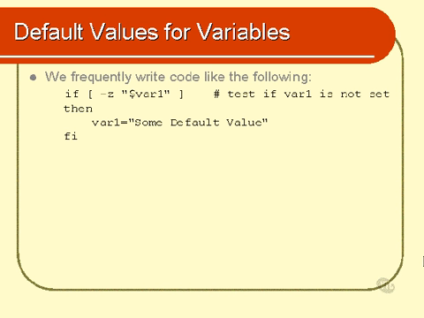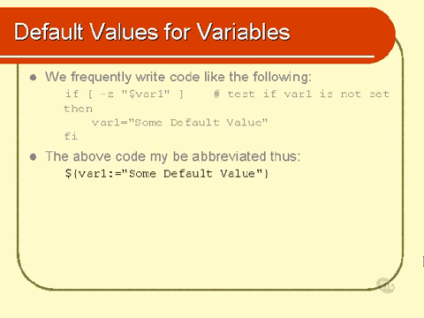Now, there is actually a shortcut for all of those 4 lines, and it is just the following. The syntax is a little confusing, so bear with me. We've essentially got our $ followed by some information enclosed in curly brackets, in braces. And it's almost like inside the curly brackets we're just saying var1 equals whatever its default value is, but it's not exactly that because we've put a colon there as well. It's var1 colon equals its default value. So if you can get your head around that and remember it, it's actually a very useful thing, rather than